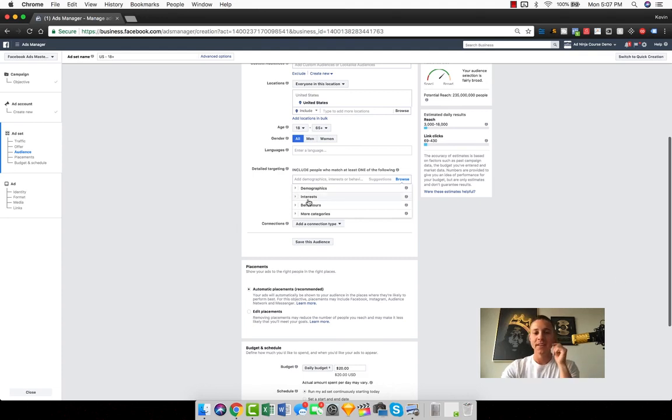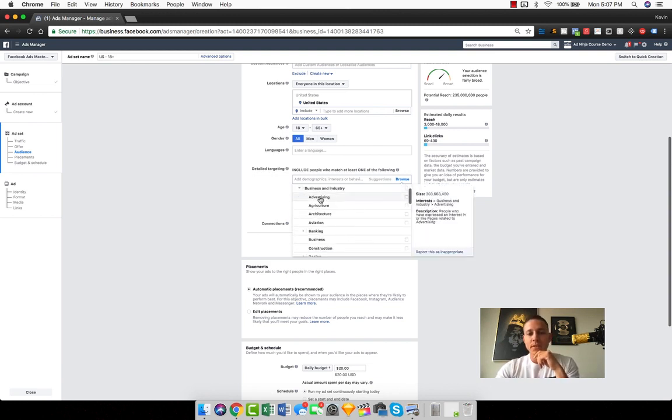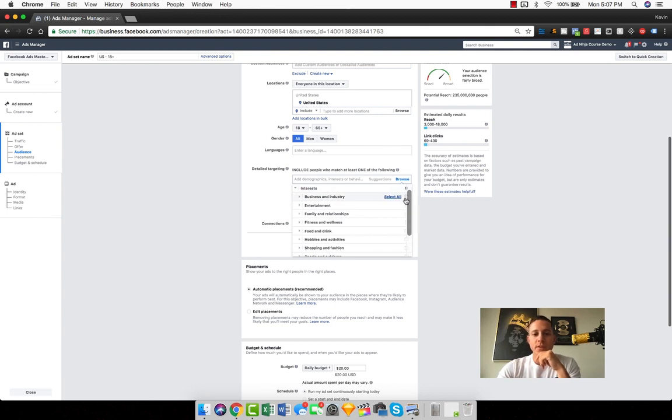Guys, so let's talk about the interest section. And how we got here again is just in the details targeting section, browse, and we're going to look into some interests. Business and industry. And again, one of the cool things here, guys, is you can actually select all. So if you want to just select everything related to business and industry, you can do that by just clicking